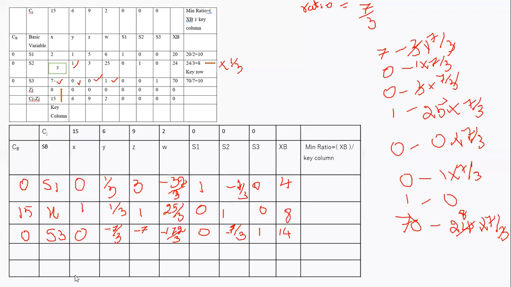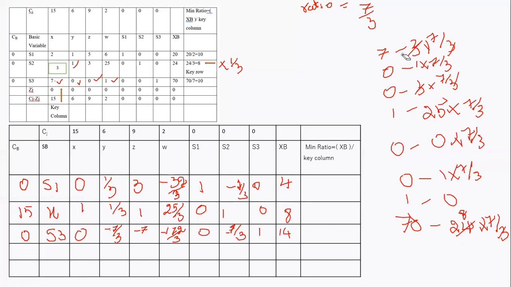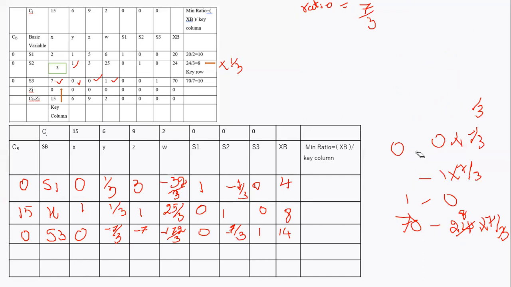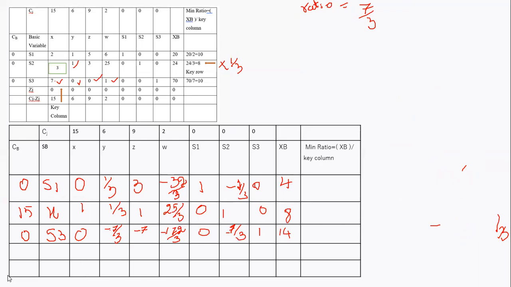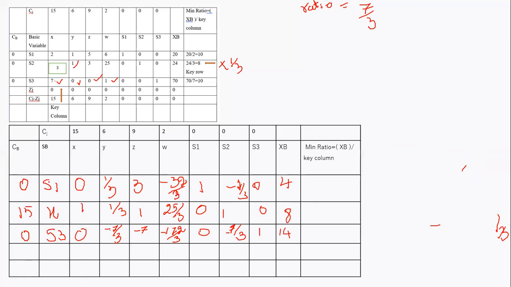Yes. So after this, we are supposed to find Zj again. So Zj is all CB multiplied with X. That column, CB column, and multiply with X. And then again multiply CB column with Y. Like that it goes on. So now we get the values like this. See here, all the first row you are multiplying with 0. Therefore, it will be 0. So third row also you are multiplying with the 0. Therefore, it will be 0. You are only supposed to multiply like this, 15 into 1. So normal calculation, it goes like this.